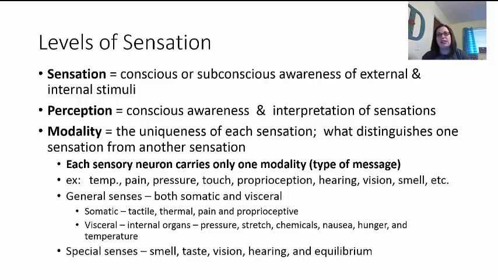Now, because of this, with sensations, we have two groups we're going to talk about. In chapter 16, we're going to focus more on the general senses, and then in chapter 17, we're going to talk more about the special senses. So in chapter 16, the general senses can be both somatic, which means muscle or outside that we are more aware of, or visceral, which is your internal organs. Now, with somatic, you're going to be feeling touch, thermal, which is temperature, pain, and proprioception. Okay, again, knowing where your arms and legs are, that sort of thing.